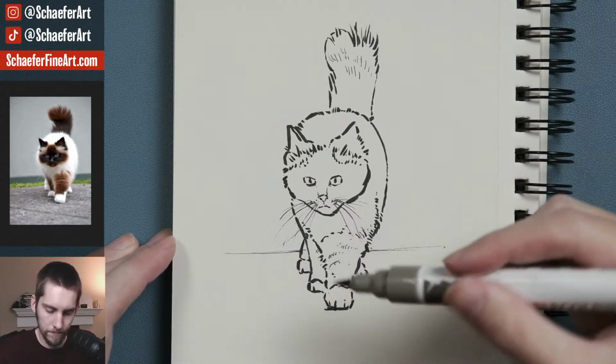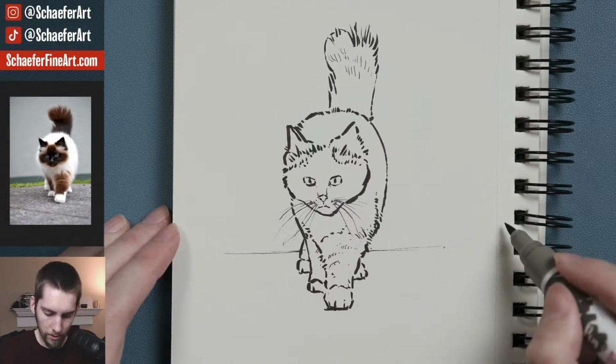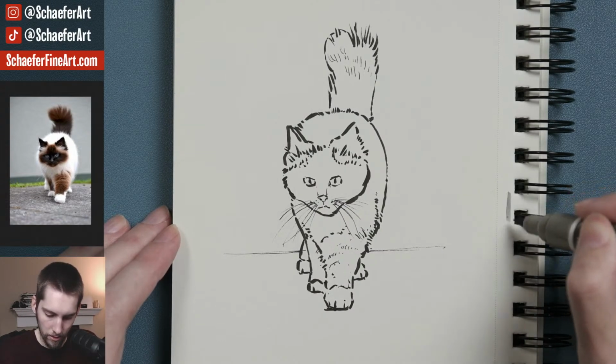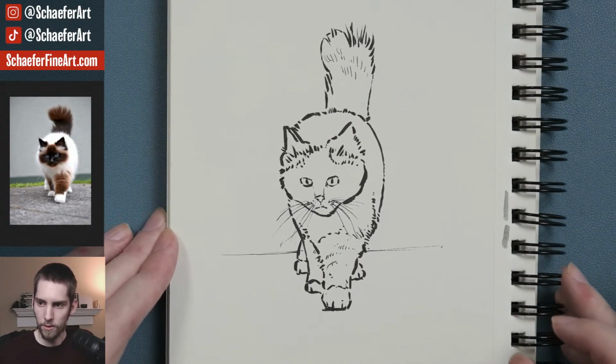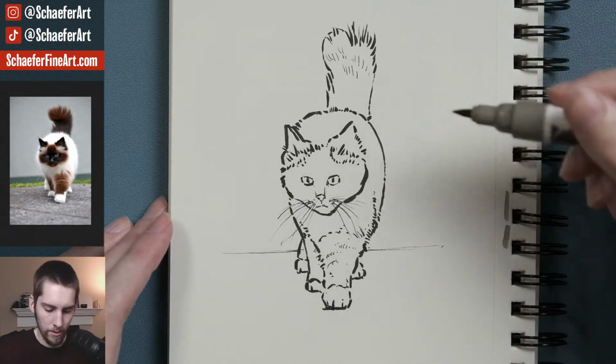Okay. Let's try to experiment a bit. So this is how dark it's going to be. I'm going to do this on the margin where it's not really any, that's how dark it's going to be. It's not going to be as dark as the actual cat, but at least it'll be